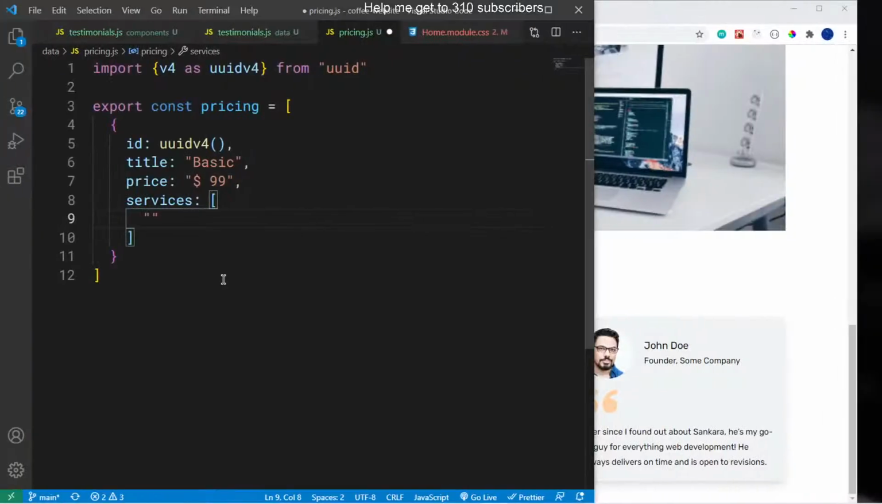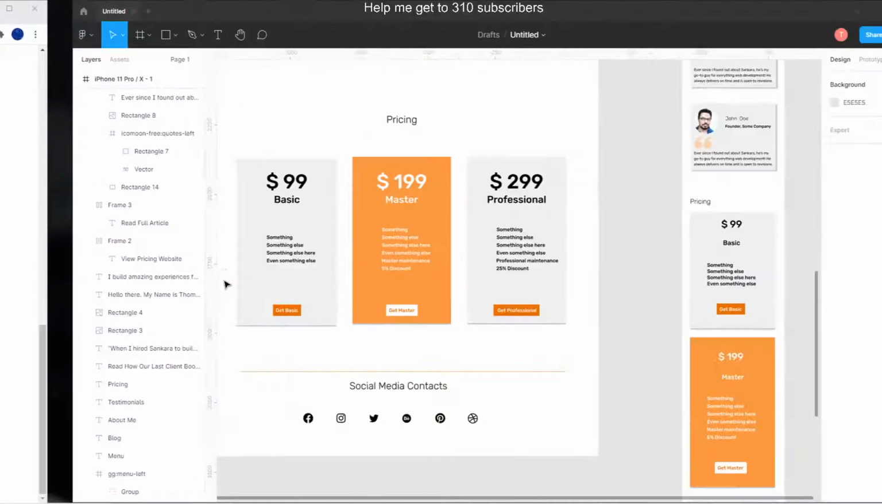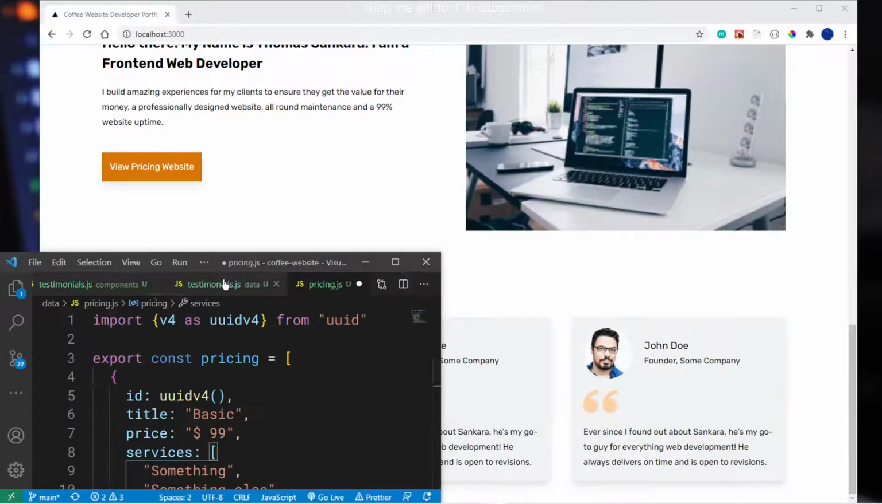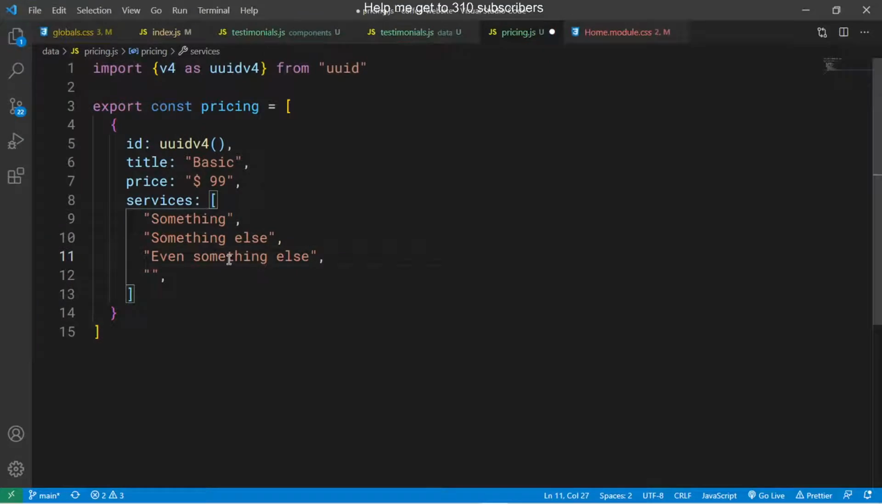So the first one is something. Let me just copy this and paste it down a bit. This is something. It's just dummy data, okay? Place some commas. This is something else, even something else. And what is the last one? Something else here. And then something else here, like so. And then what I need to do is just copy this down